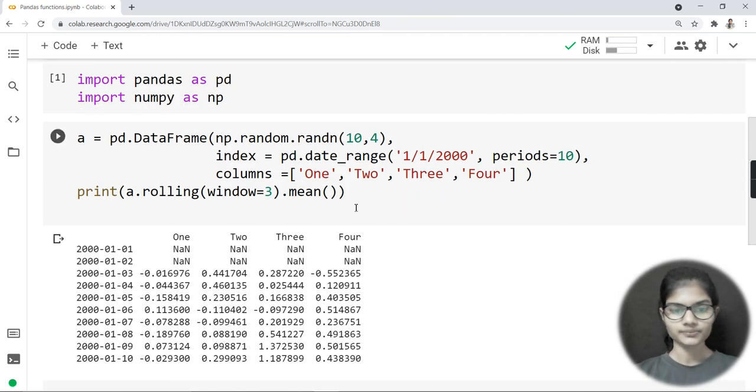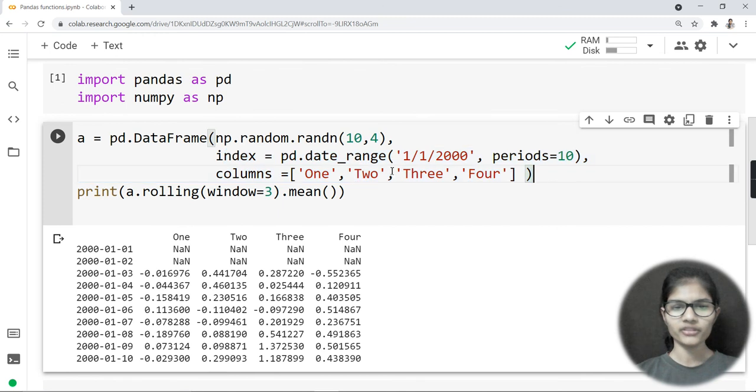You can apply it with this only, and that is also a correct procedure. You can even define one parameter above and then define the statistical function. Whatever way suits you, you can apply that.